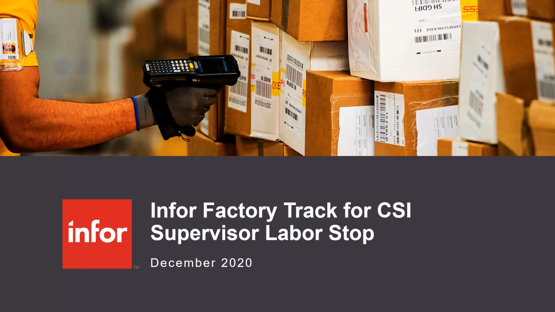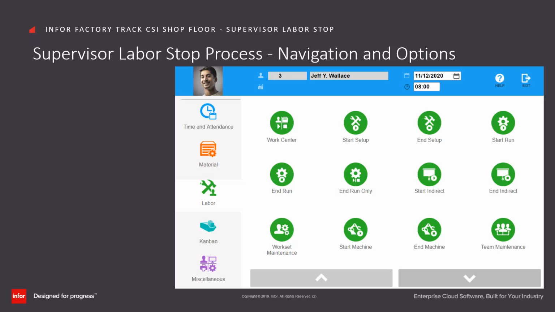Infor Factory Track for CSI, Supervisor Labour Stop. To stop or delete active labour transactions, including transactions that started on another report date, the Shop Floor Supervisor Labour Stop feature is used. To start the Supervisor Labour Stop process, from the Factory Track Shop Floor's Work Centre navigation